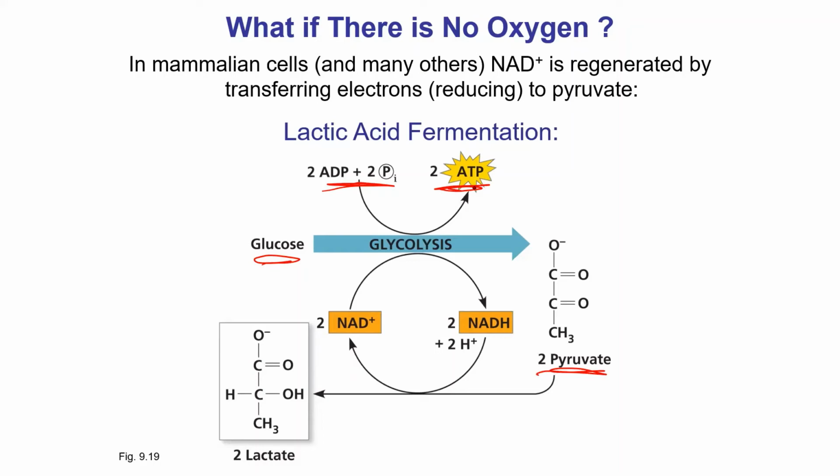What happens when you do vigorous exercise is that in those muscles and tissues, you have oxygen already, and it gets used up and depleted relatively quickly. Then eventually, the body just keeps doing glycolysis because you're telling it to keep moving. It needs ATP. In order to do glycolysis, it's going to take NAD plus and make NADH. Normally that NADH is going to go onto the electron transport chain, but it can't because you have no oxygen. So instead we recycle the NADH, and you can see what it's doing here,